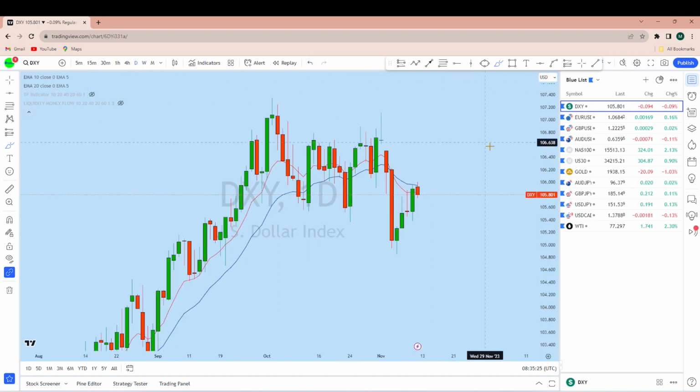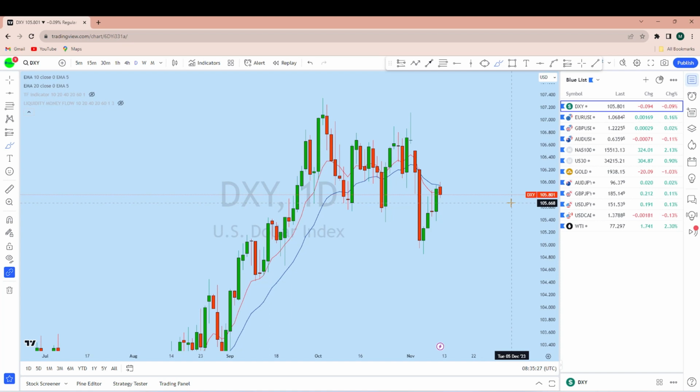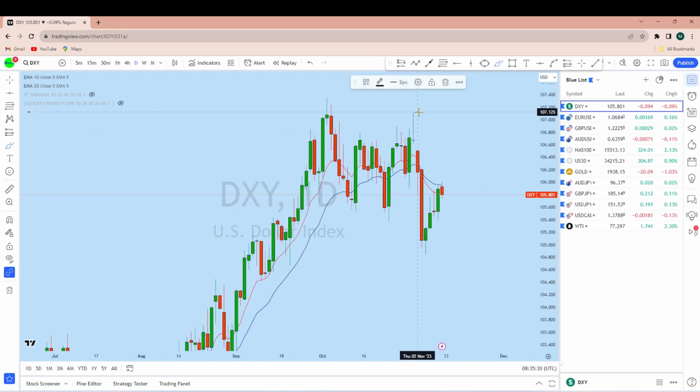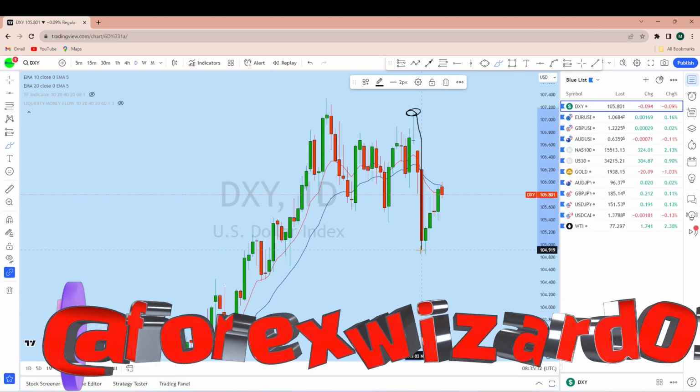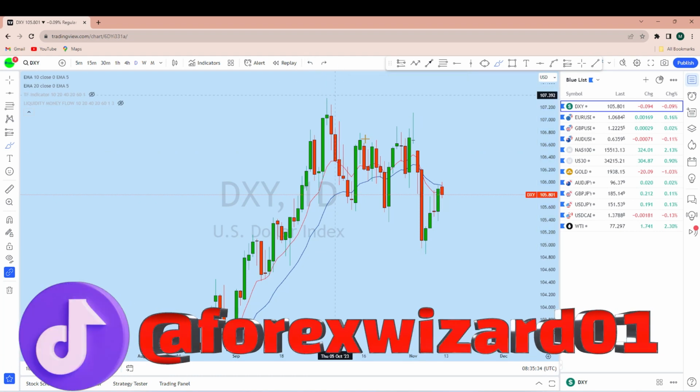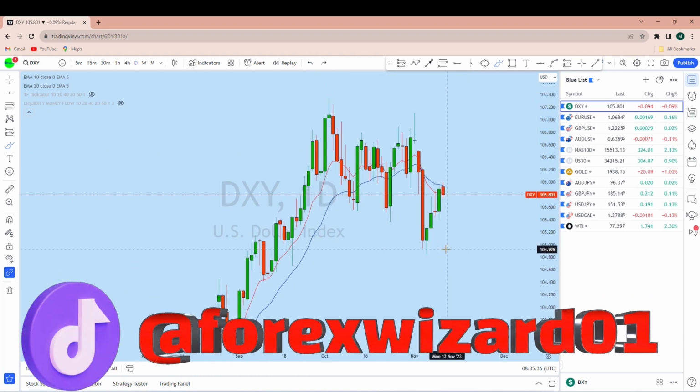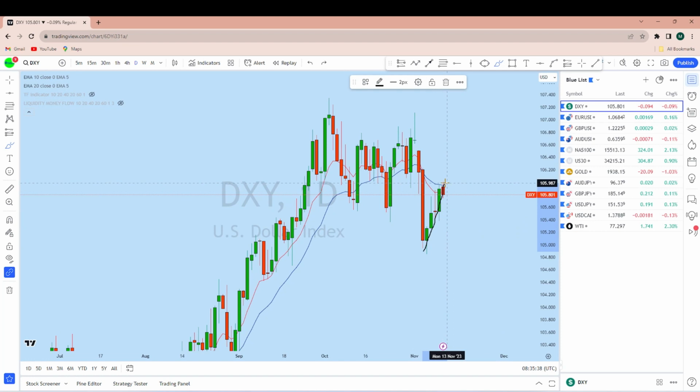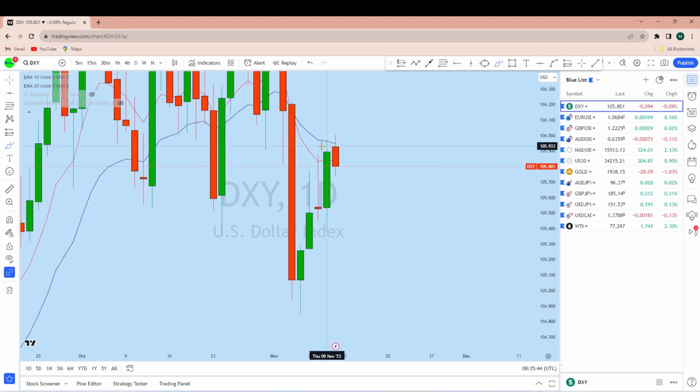Now looking at the daily time frame, we can see that from the daily perspective, with this doji, there was a daily drop and the price has broken this support level completely, and we have seen this whole week was in a pullback. Last day of trading week, a narrower red candle, and what I think is that once the market opens, we can expect a retest of this daily resistance of the 20 EMA,